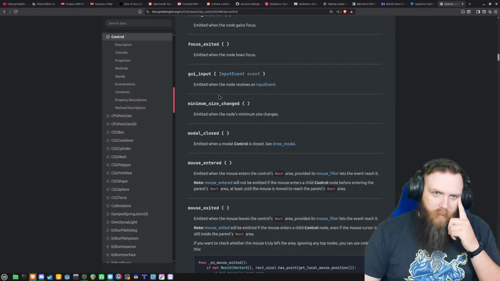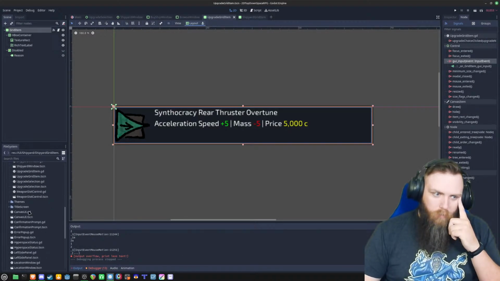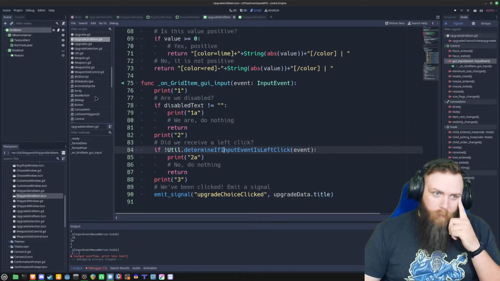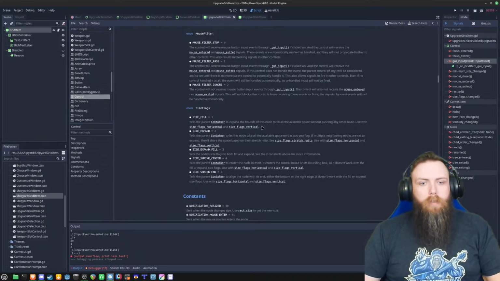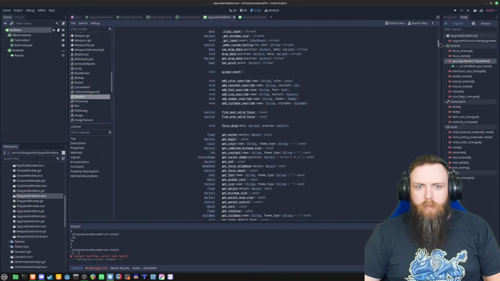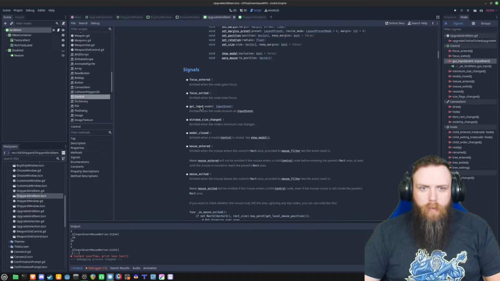Like, how is that signal fired? I guess I can look at that in here too. So if I'm looking at the code, let's go down here into control. So let's go to the signals. Properties, methods, signals. GUI input